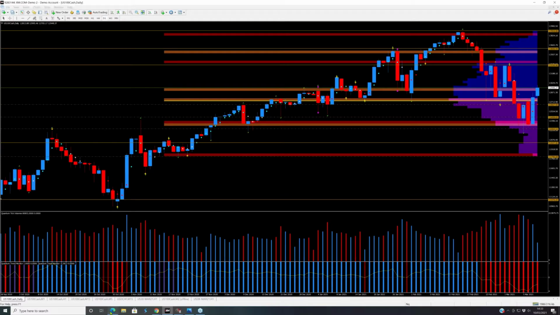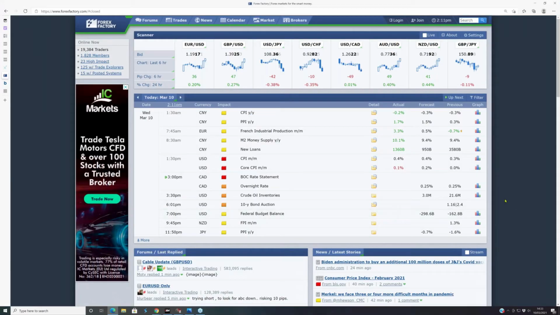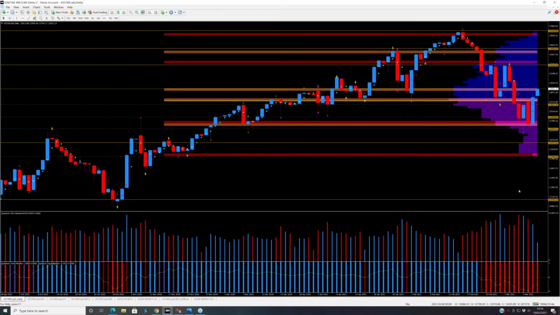Now, this afternoon, just in case you haven't looked at your economic calendar and you are going to be dipping your toe into stocks, there are bond auctions. This is the key one, the 10-year bond auction, which is at 6 o'clock our time. And tomorrow there is a 30-year bond auction. Until very recently, no one paid the slightest bit of notice to what was going on with the bond auction. Now they are center stage, and as a result, we have to factor that into things we need to know, not just on a daily basis, but on a global basis.